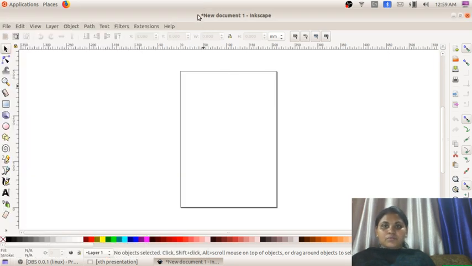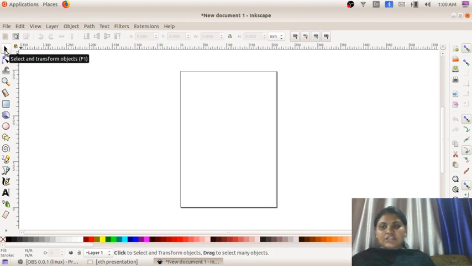So now we can see a lot of toolbars here. We will be familiarizing ourselves with only some of the toolbars. What is this? This is select and transform objects.